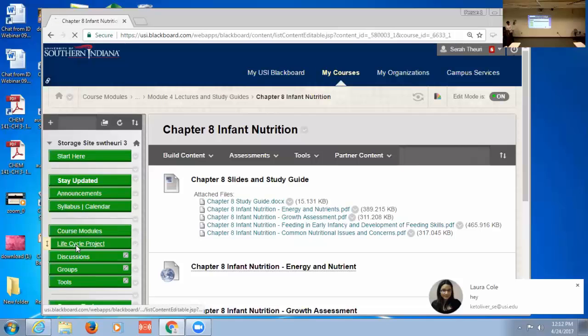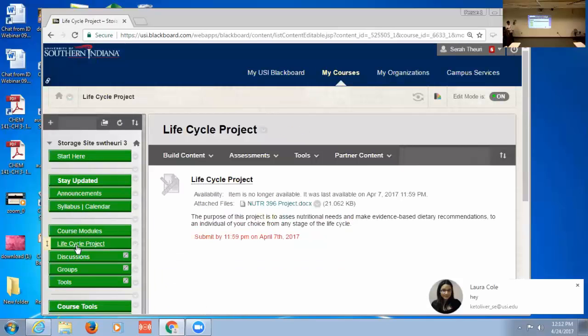Yes. The life cycle project is the very last project they do. This is where they synthesize everything they've learned out of all those materials. They do this by actually working with somebody they have access to, either a family member or friend, with a case study.